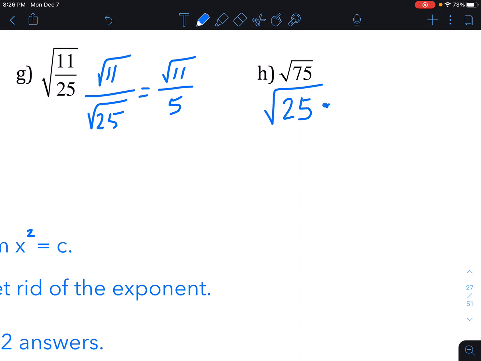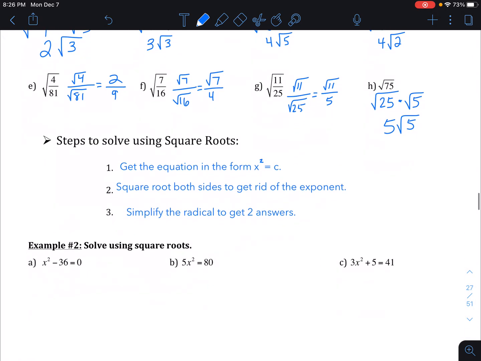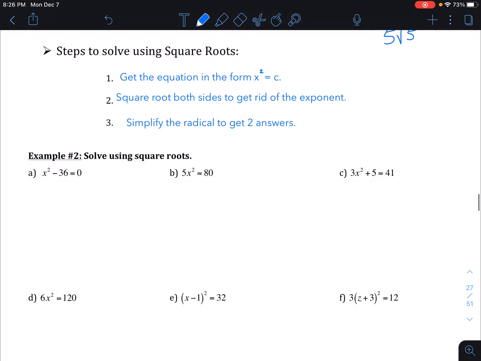I always write the perfect square in the first one, and then the one that's not a perfect square, I put that in the second. So square root of 25 is 5, and then bring down the square root of 5. All right, so that was a warm-up to get us into the meat and potatoes of our lesson today, which